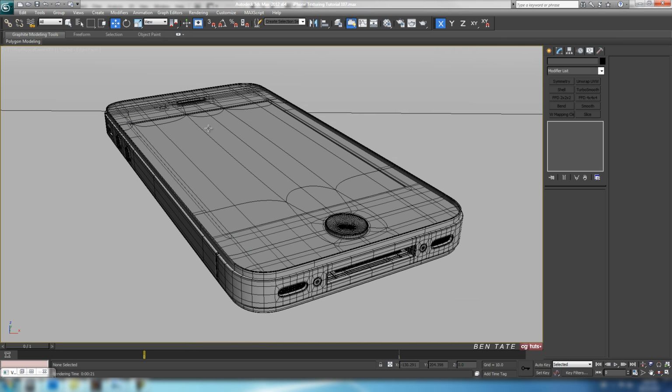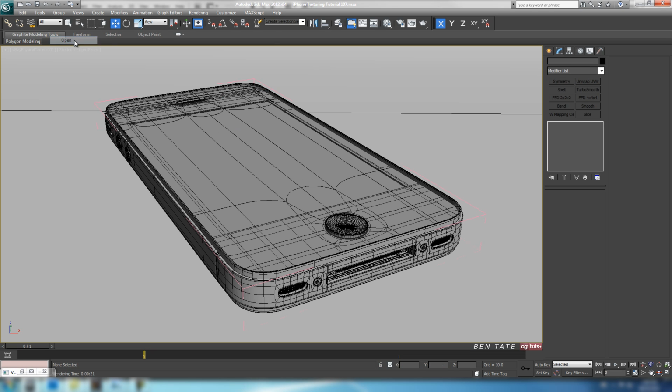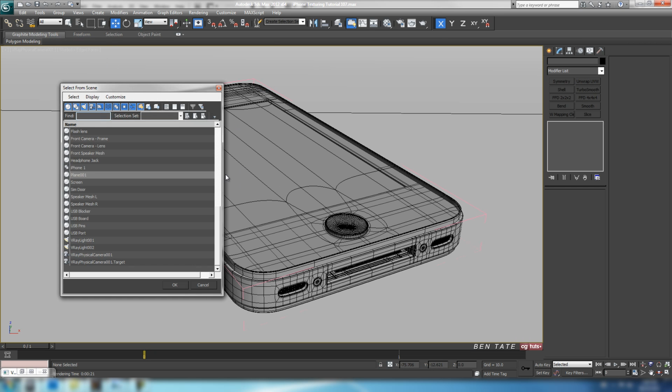Okay, and I think the first thing we'll do is create the screen texture. Alright, so let's grab that. Let's just grab the phone there. We're going to go to group and open. Okay, and if we go to open, it's going to open the group, but it's not going to ungroup them. So we can still close it anytime we want, but we can select the objects in it if it's open. Okay, so we're going to open, we'll hit H, and we're going to type screen,